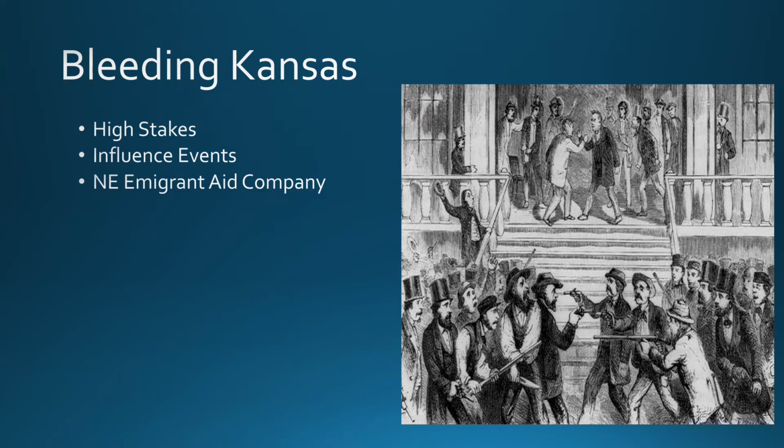In the North, there's going to be a company that emerges known as the New England Emigrant Aid Company, and this will send about 2,000 people over to the Kansas area. And this was done to make a profit, but it was also done in order to try to influence some of the events going on there. Again, like I said, only about 2,000 people, not incredibly big, but eventually Kansas will be settled, and then they're going to have the vote to decide on slavery.